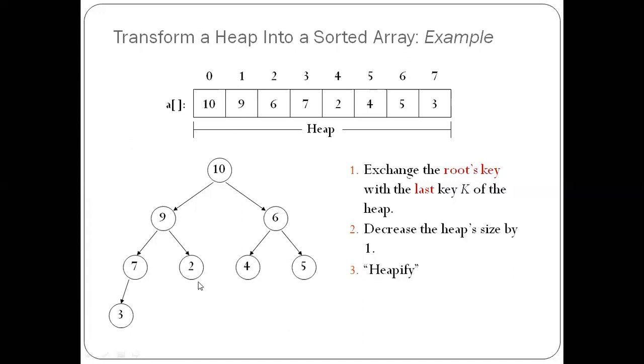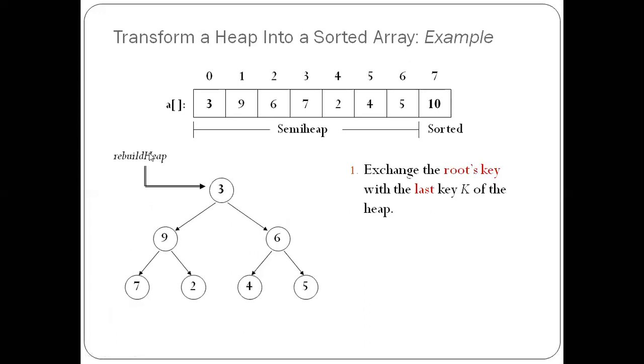Tell me, I'm telling one more time. First step is exchanging the root key with the last element. That means 10 and 3 will be exchanging and decreasing the heap size by 1. So the last element is deleted and the remaining will be applied with the heapify procedure. So we will have this as a structure, and I should do the heapify procedure, exchanging the root key with the last element, and we have decreased the array size, and now you should do the heapify procedure.